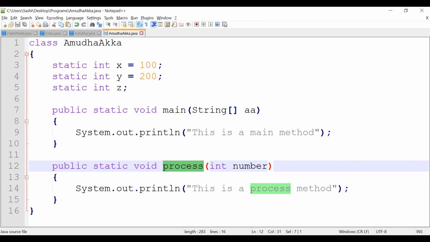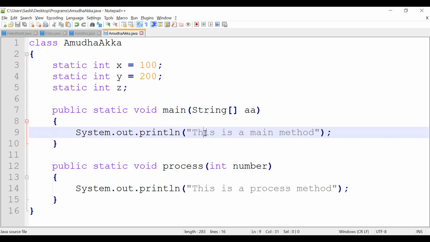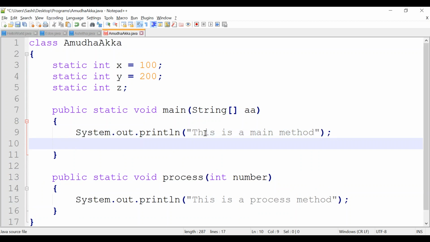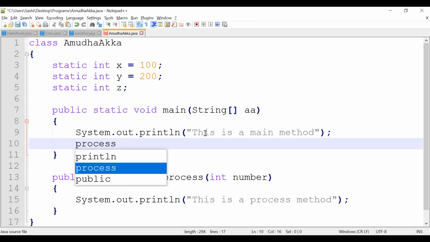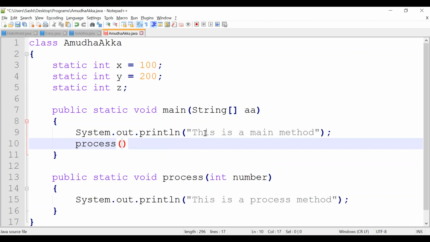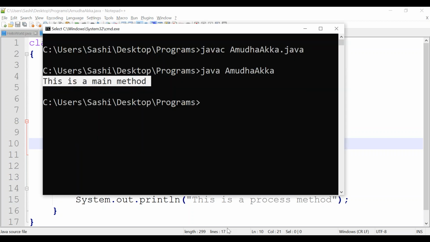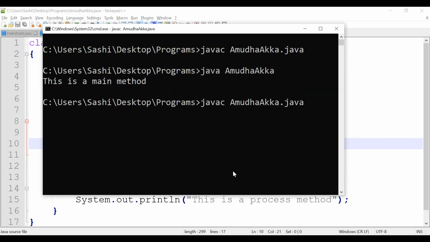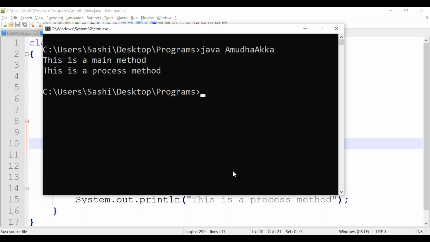So suppose if you want to call the process method, what do we need to do? We need to call it explicitly. Already we have seen that, right? It is taking a single argument, so you need to pass some value. Consider I am passing 10. If we compile again and run it, what will we get?